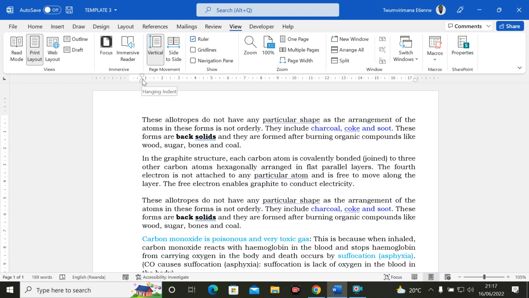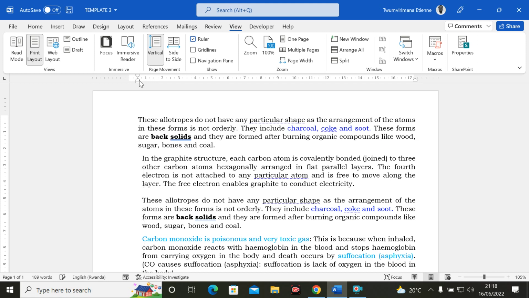this hanging indent. You see here is my cursor. You can now detect what it is. For the hanging indent, I only move all the lines except the first line in the paragraph. Remember, we are here just to deal with the paragraphs. I'm now leaving the first line in the paragraph. Once I just go to